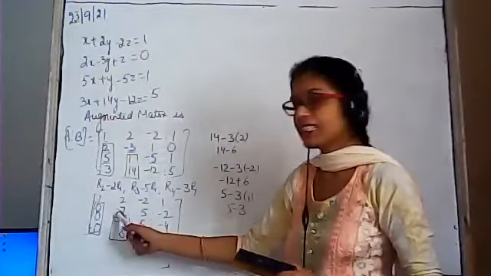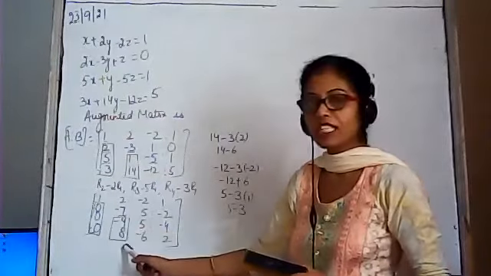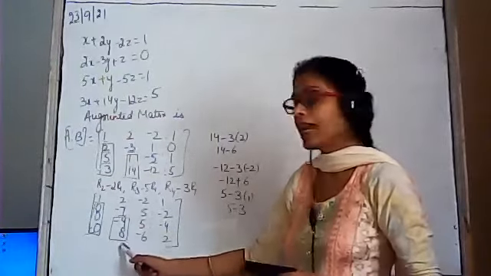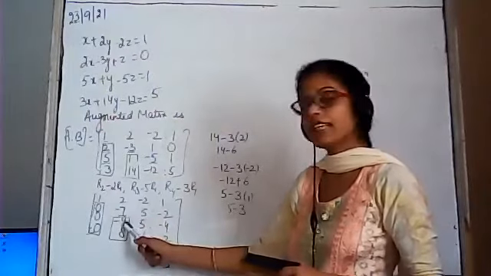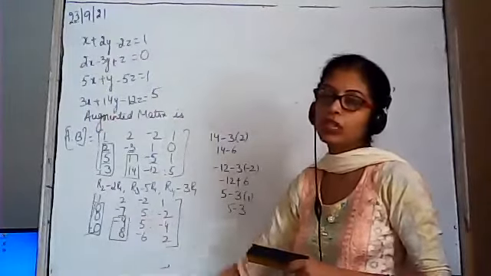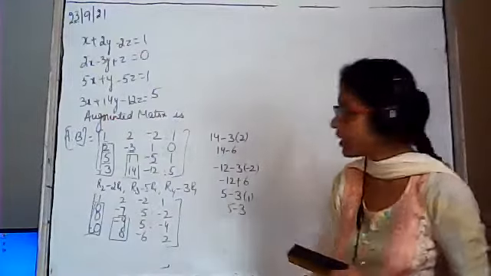If you divide this by minus 7, it will be 1. After that, you can apply the operations here, and you can directly apply the operations. Multiply this element with 9, multiply this element with 7 and subtract both the elements. This is your choice, beta, what you want to do. Okay?